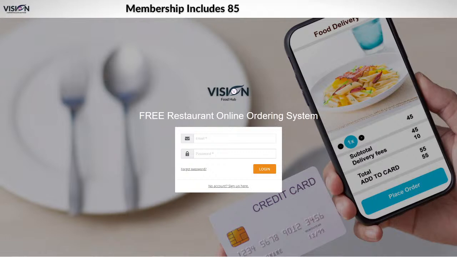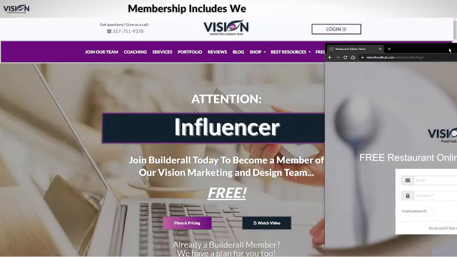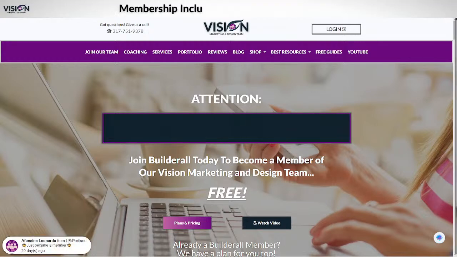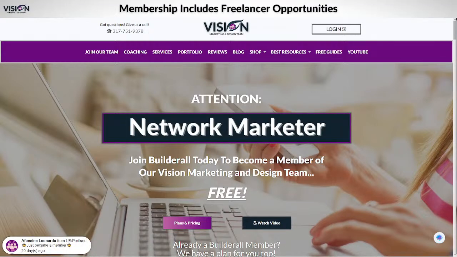That's kind of a complex system unless you have something really simple to use. So what we're using is the Vision Food Hub, and it is a free restaurant online ordering system. So once you create your account, you are going to be able to create your menu. And that's what we're going to talk about today is creating the menu and how to actually embed it into